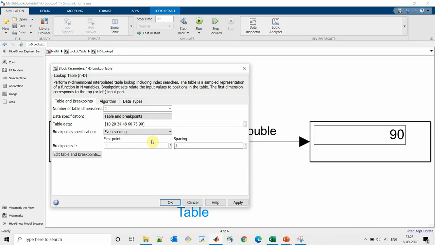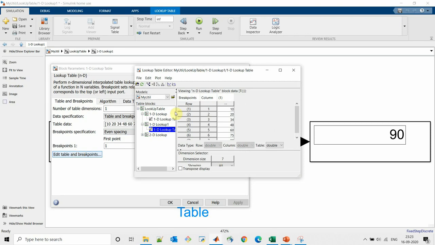So for example, with first point as 1 and spacing 1, if we see table and breakpoints, we can see the uniform spacing of 1, 2, 3, 4, 5, 6, 7 and values are assigned to it.